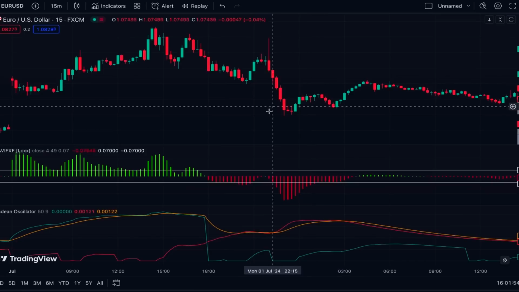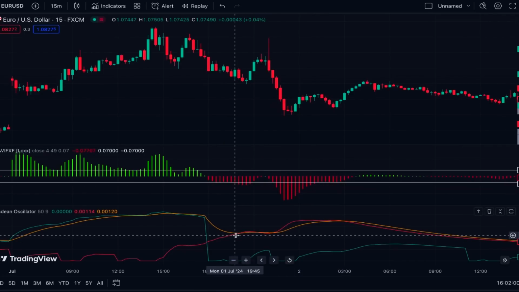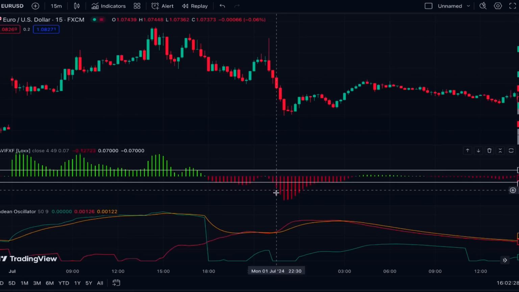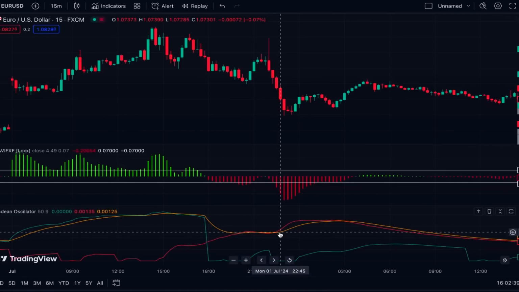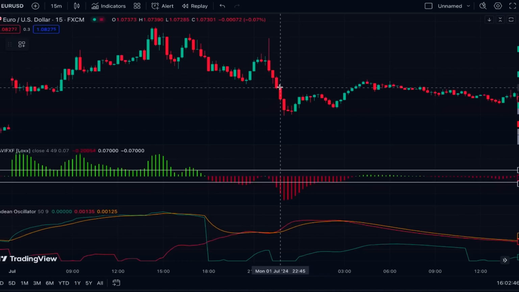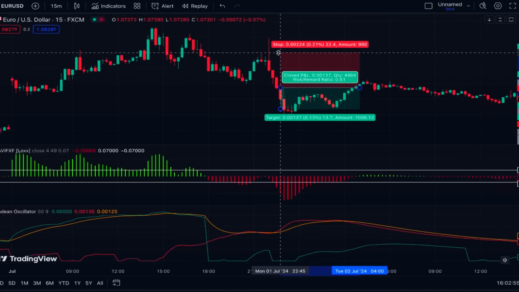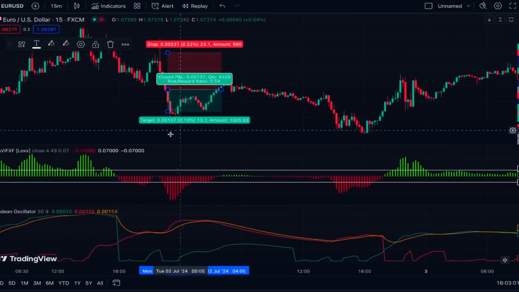Moving on the chart, this sell signal here is also rejected because in the Andean oscillator the red line is not above the orange line, but for this sell signal here the signal is confirmed because in the Andean oscillator the red line is above the orange line, so in practice we would enter a short position at this point when this new candle was opened with the stop loss above the previous swing high and the profit target at 1.5 risk